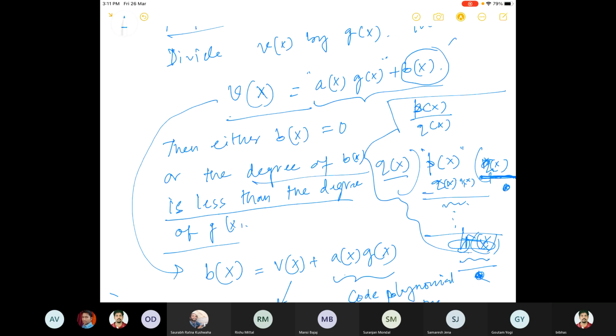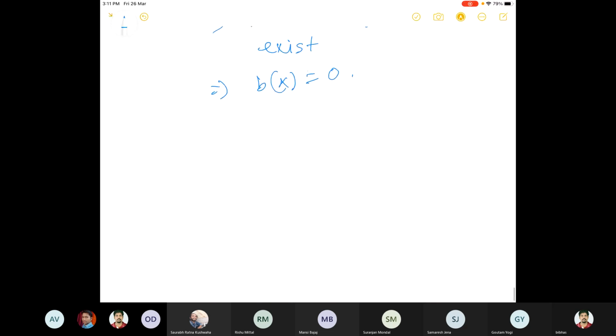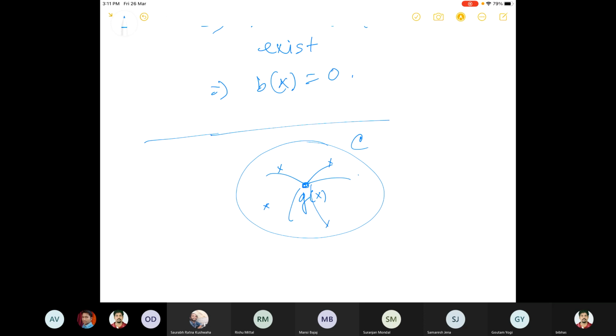So what did we prove here? We started with G(x). How do we find G(x)? That's a different issue. As I said before, we started with G(x). So this is my cyclic code, and somehow I know the code polynomial of minimum degree. Then we are saying that all other code polynomials are nothing but some polynomial times G(x). This is how you can create all other code polynomials. So this is the entire characterization, if somehow we know G(x).